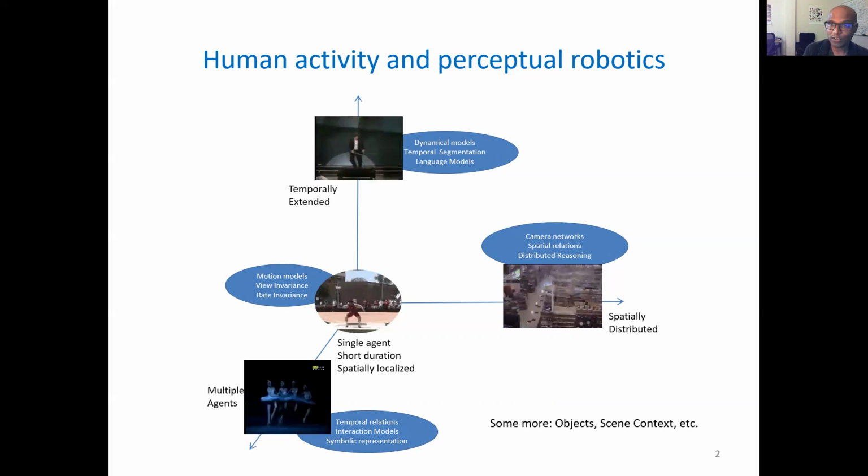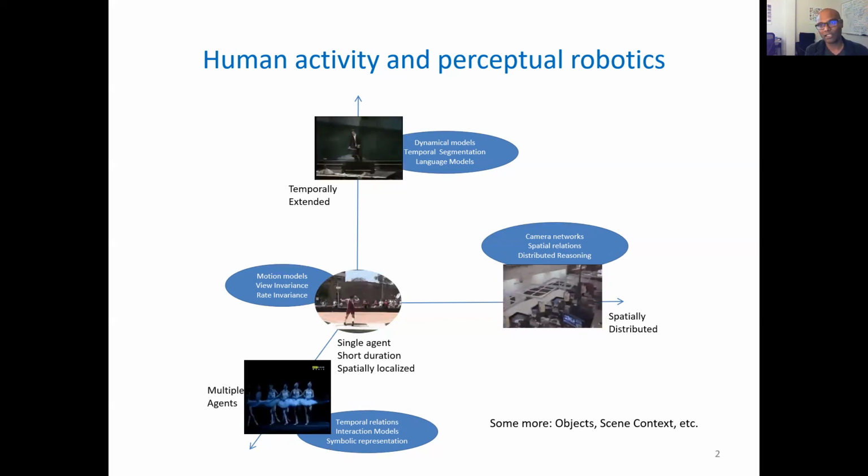Here is a very quick visual. In addition to what a sensing modality affords you, there is also a broad categorization of the complexity of human activities, which is generally recognized in the field. You may have human activities defined by the activity of a single person, spatially localized, like throwing this shot put, and also temporally small, spatially and temporally localized, if you will. And then if you expand the space and time dimensions, spatially distributed or temporally distributed, you start getting more and more complex activities as illustrated here. If you start talking about activities that are done by groups of humans in coordination with each other, that adds a whole other level of complexity.